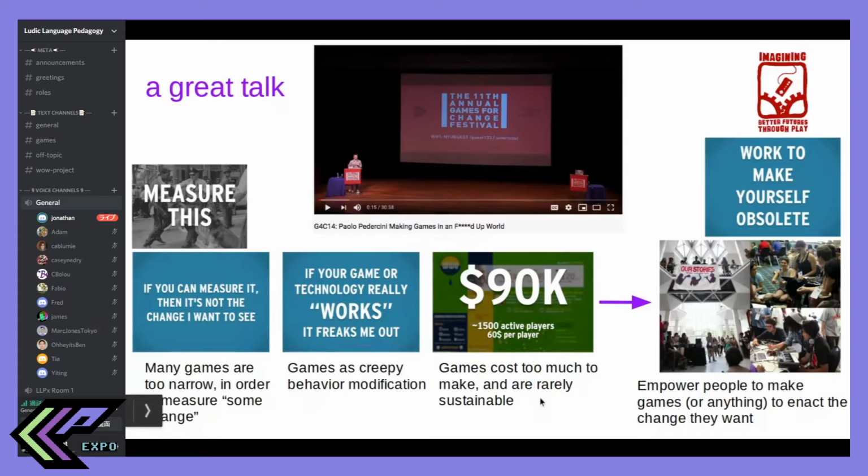And also how a lot of these social impact games just cost so much to make, right? And they're rarely sustainable. People get a bunch of money, they make a game, they get a couple hundred or a couple thousand players, and then they're done, right? Which is really wasteful. And so Paolo Perugini has been trying to run these sort of game design camps, where